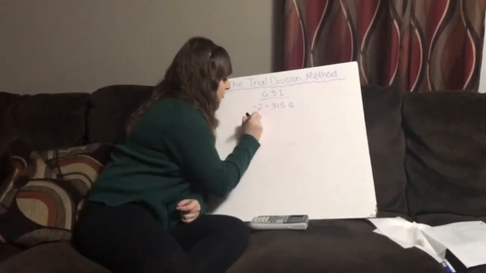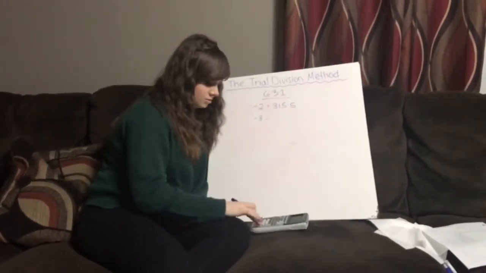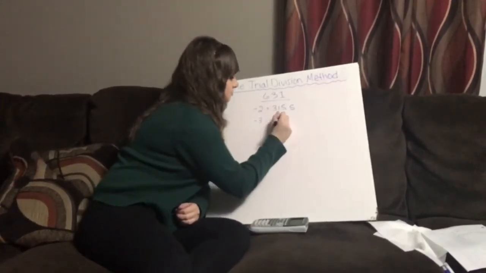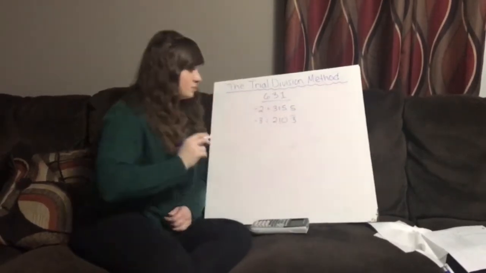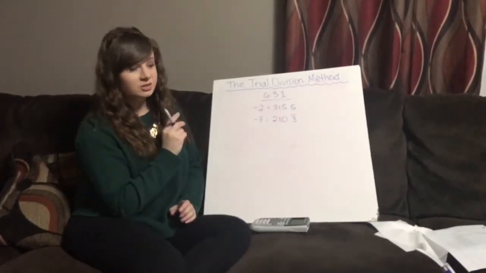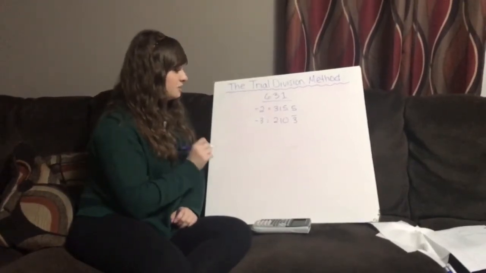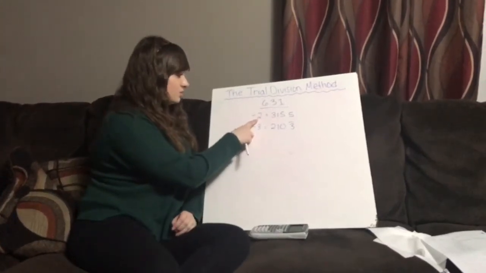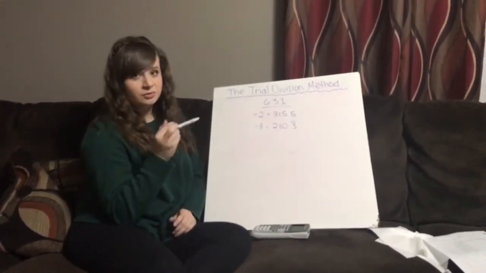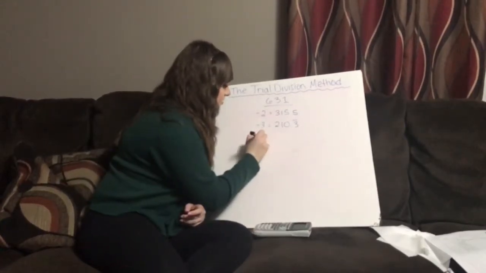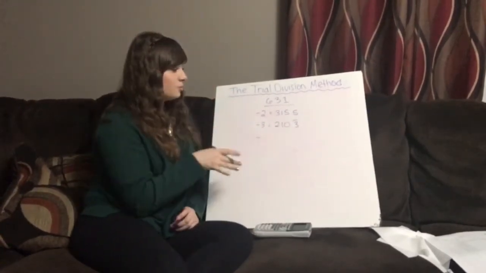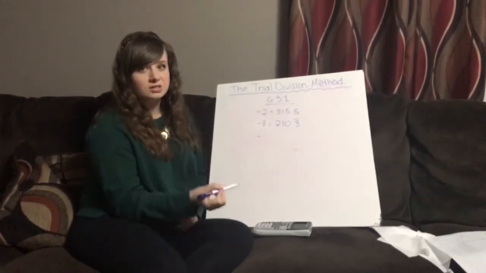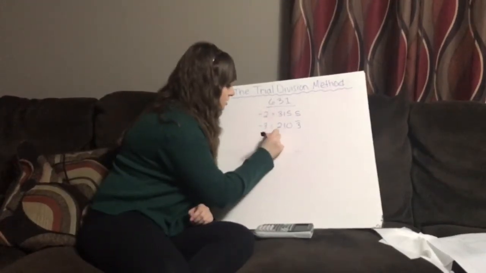So we're going to keep going, and we're going to go to 3 next. So do that with me. And 210 and 3/10 repeating. So that one doesn't work either. But now what we're going to do, instead of going to 4, we're going to skip 4 and go to 5. And the reason that we can do that is because if we had divided 2 evenly into 631, then that would have made 4 work too. So we can automatically skip all the composite numbers, because you can build composite numbers out of the prime numbers that we're going to be using. So we're going to skip to 5,